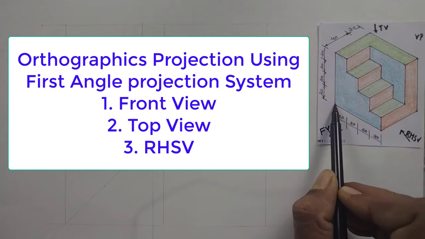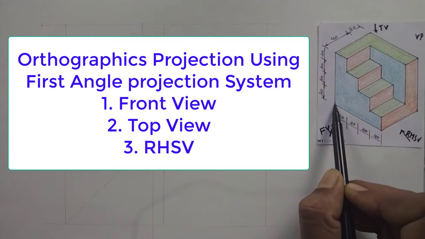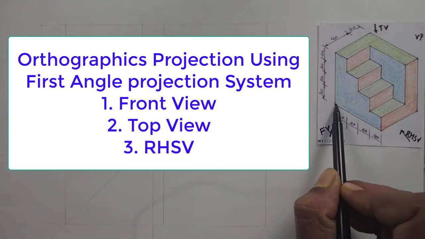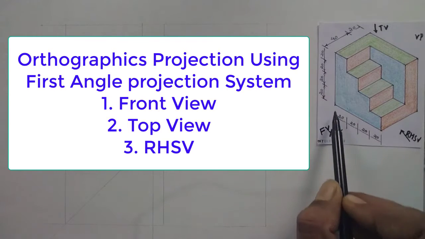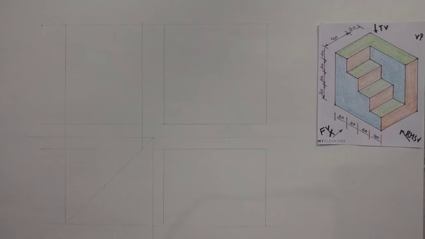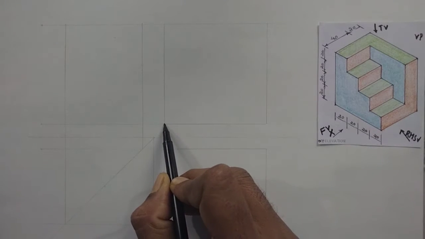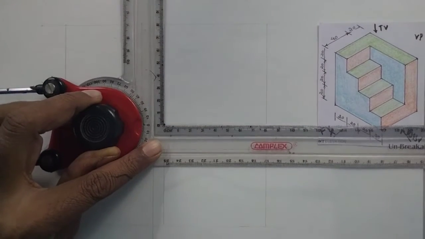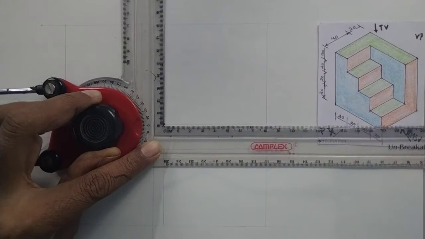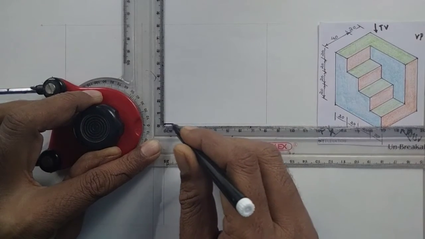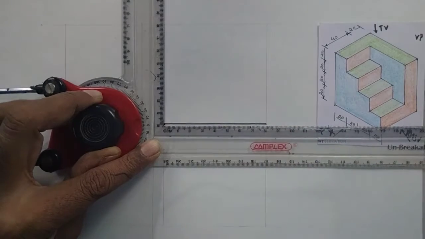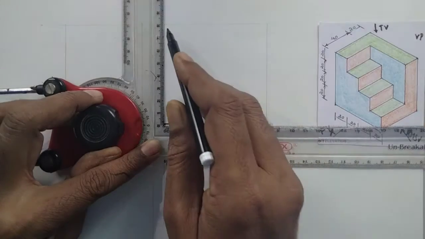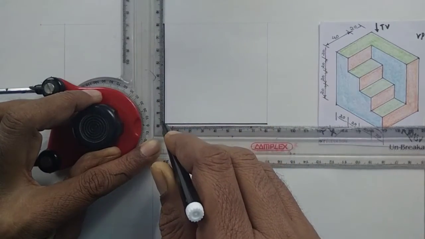First I mark this corner. From this corner, I draw the 80 mm length and 80 mm height of the object. So here, this is my corner. From this corner, I move 80 mm in the length dimension and 80 mm in the height dimension.